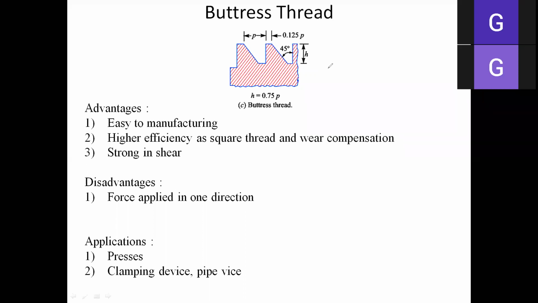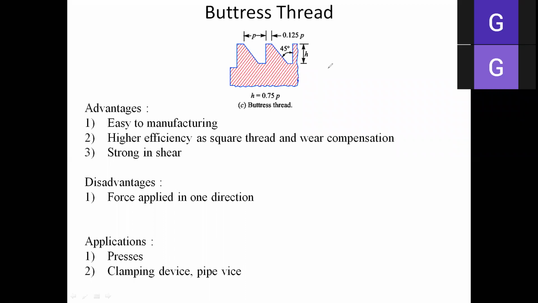In our fitting section we generally hold our job in the vice. So for that we use bench vice. In that bench vice, if you put our job inside the bench vice, by using simple handle we can hold that firmly, and the direction of force for the holding is only unidirectional. We apply force in one direction only. When we loosen that, when we need to remove it, there is no need to apply the force. That means we are going to loosen that. So this is the example of buttress thread. In the buttress thread, only single direction force is required.